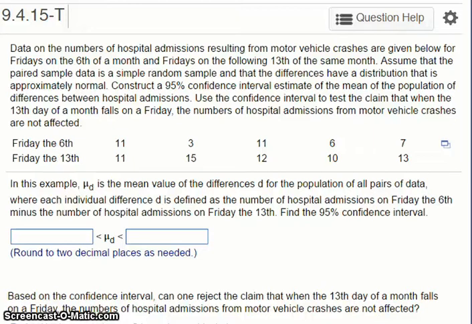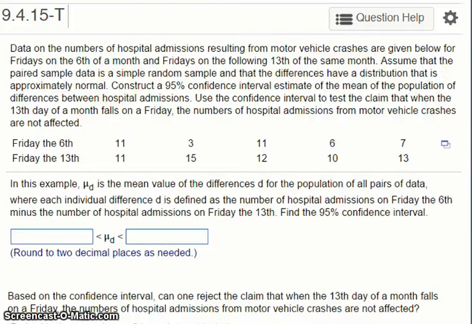So this problem, I want to go through a problem in your homework for 9.4. The problem reads, data on the numbers of hospital admissions resulting from motor vehicle crashes are given below for Fridays on the 6th of the month and Fridays of the following 13th of the same month. And it says assume that the paired sample data is from a simple random sample from a distribution that is